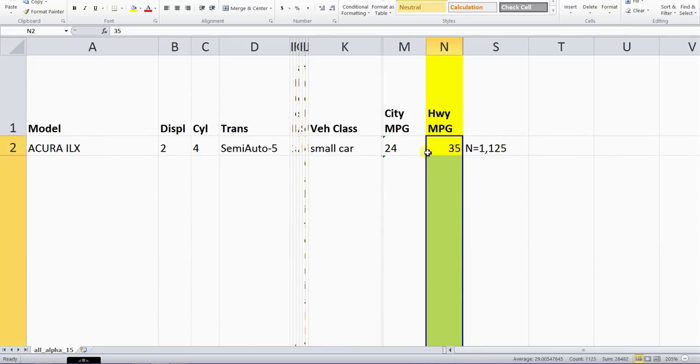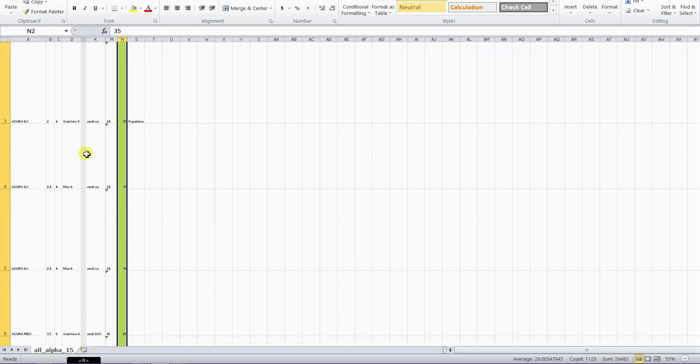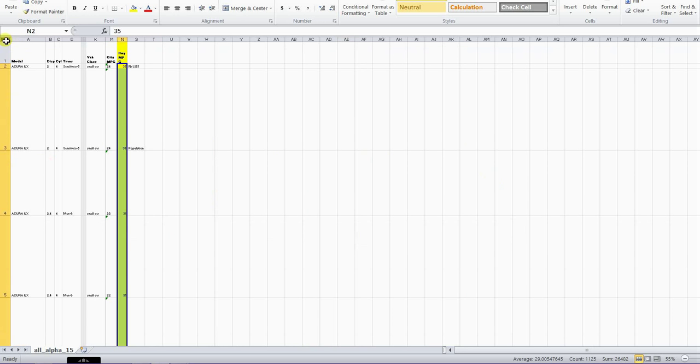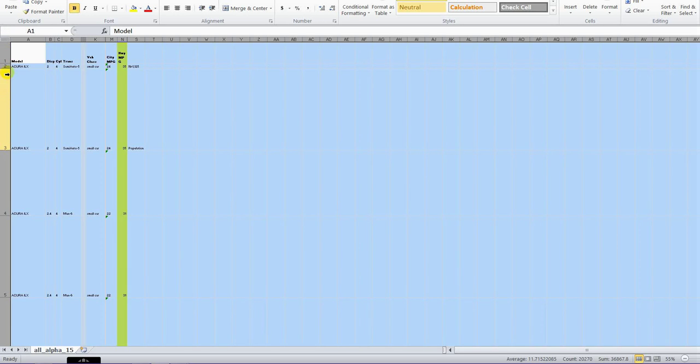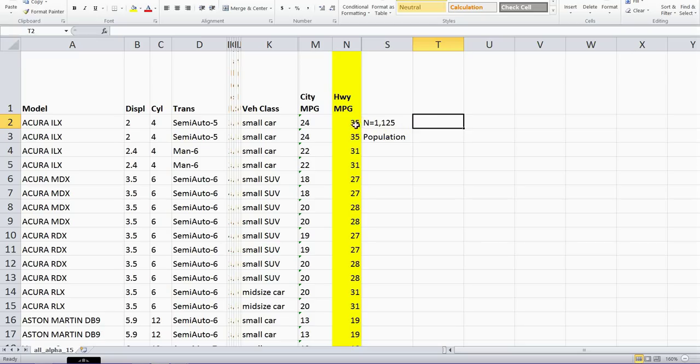And so it's going through all of those and converting them to a number, and for some reason it is also changing the depth of my rows here. So let me see if I can fix that. Okay, now that we have all of this data stored as numeric data, and Excel will recognize it as that,